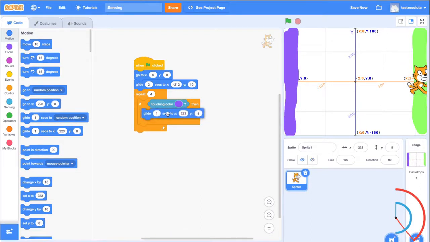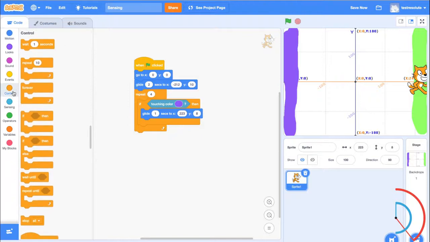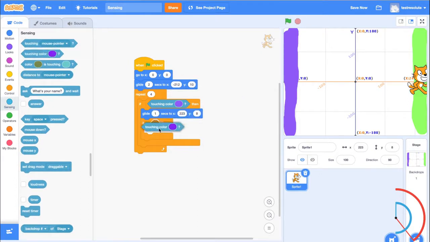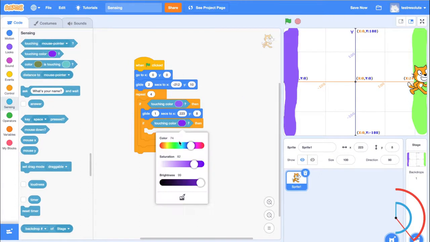Okay, so we're going to glide all the way there as a reaction, and then we're going to put another if statement in. And this is known as a nested if statement in most coding terms, which means like a nest, one item within another item. So one if statement within another. If it touches this color, it must glide there. Then if it touches this color, so we're going to use sensing and say if it touches that color,